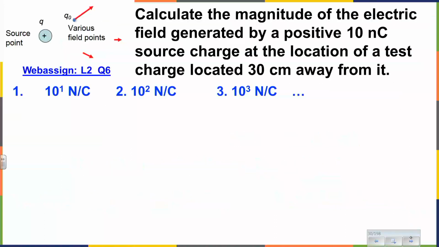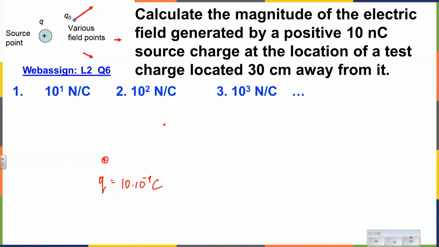So a positive source charge, let's call it Q, 10 nanocoulombs. And somewhere in space, we don't know where exactly, maybe to the right, maybe to the left, maybe even like in the picture, somewhere here,